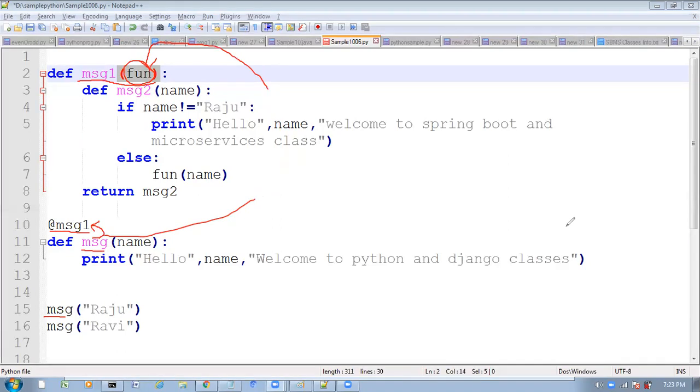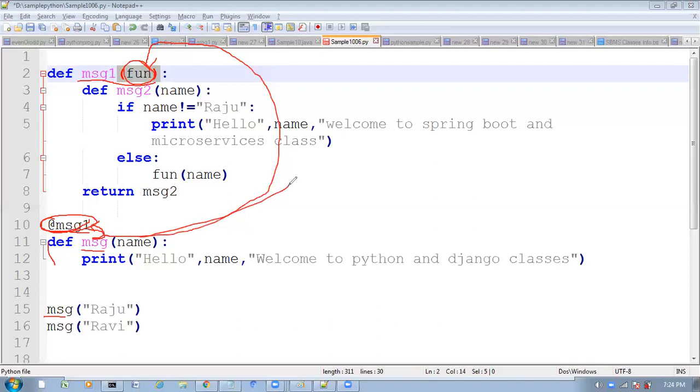Yes. See here what we are doing. Here we are calling the message function. On top of that message function, I am taking some decorator. So now, whenever you call this message function, instead of executing this function, directly the control will go to this decorator function. Whatever decorator function you are taking, that decorator function will be executed. Here, which function are you calling? The message function. This message function will go as the argument to this decorator function, like this.